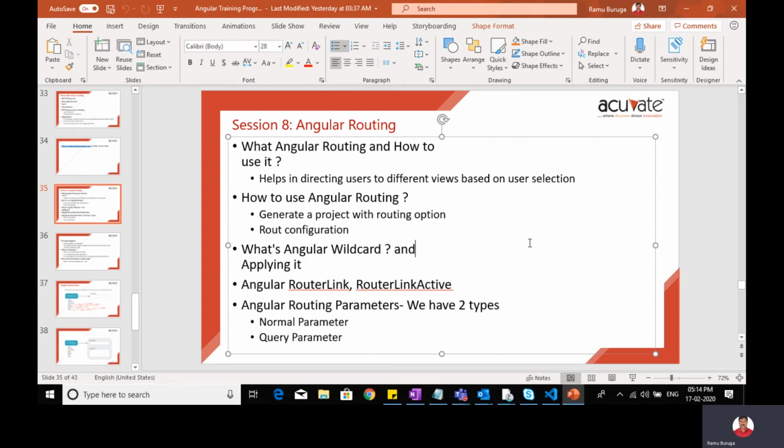How do we achieve this in Angular? I think in Angular 2, to implement the routing concept we had to include some DLLs and then implement the routing concepts. But in Angular 8, when you create an Angular project, it will ask you whether to include routing components in your solution.